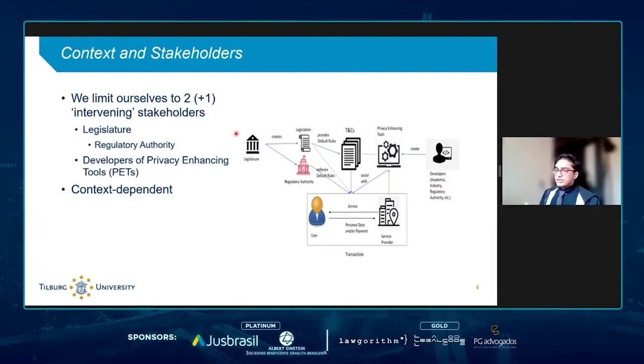terms and conditions themselves. This scenario is a little bit context dependent, because the same entity that is a service provider in one interaction may very well become a third party in a second interaction. So for instance, if you're interacting with Apple directly on an iOS device, Apple is the service provider. However, if you're interacting with Instagram through Apple, then Apple becomes a third party, a service provider intermediating your interaction with a third-party service provider. And we do not focus too much on these third parties currently. And for today's discussion, we focus on the privacy enhancing tools and their developers.